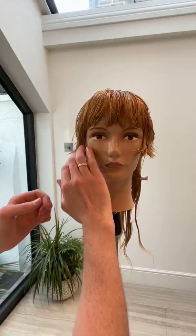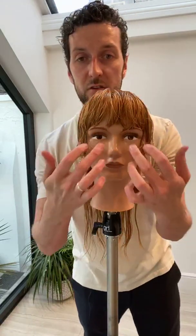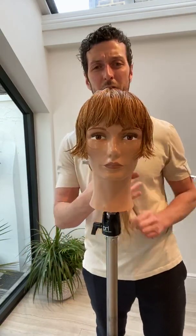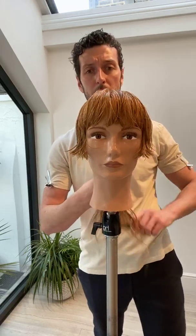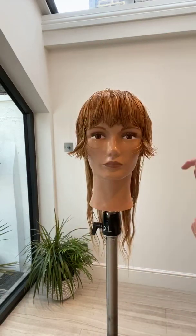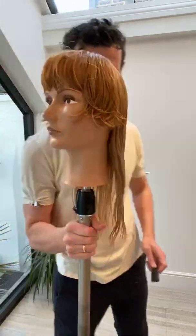So this thing of combination cutting, free cutting, whatever you want to call it, it's about doing things that are still strong and still have a conceptual feel, but they need to have a place and a relevance in the salon world as well. And that's what all the work that I'm doing at the moment is going to be. So you can see essentially that's quite a strong thing, right? That fringe that's contracting nicely on its own. This is a real stepped bob haircut, and now we're going to go and put a totally disconnected line through here. So